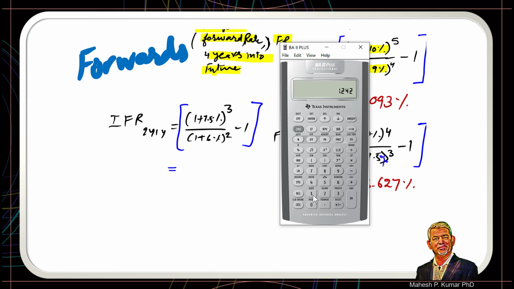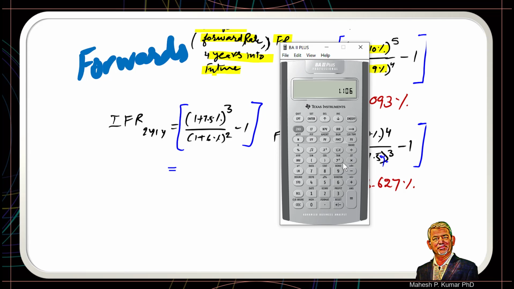It would overwrite the previous number in the first memory slot, and then we will do the denominator, which is essentially 1.06 y exponent x 2 is equal to, and we will store it in the second memory slot. And then of course we have to do the numerator divided by the denominator, so recall 1 divided by recall 2,